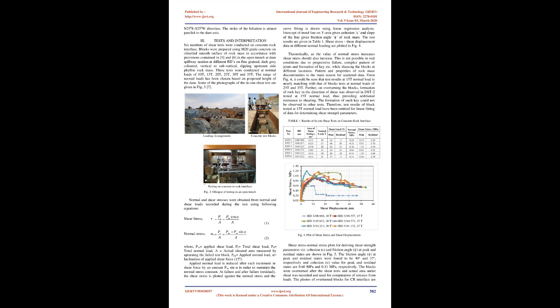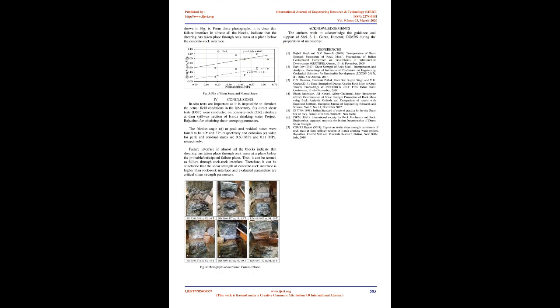From Fig 4, it could be seen that test results at 15T normal load is nearly matching with that of blocks tests at normal loads of 25T and 35T. Further, on overturning the blocks, formation of rock key in the direction of shear was observed in DST2 tested at 15T normal load, thus providing additional resistance to shearing. The formation of such key could not be observed in other tests. Therefore, test results of block tested at 15T normal load have been omitted for linear fitting of data for determining